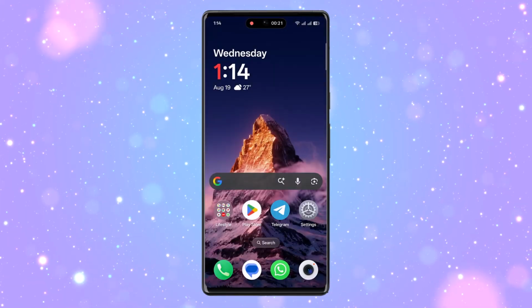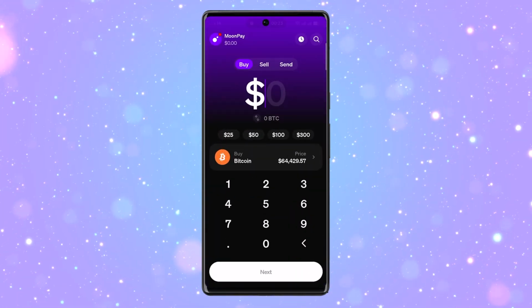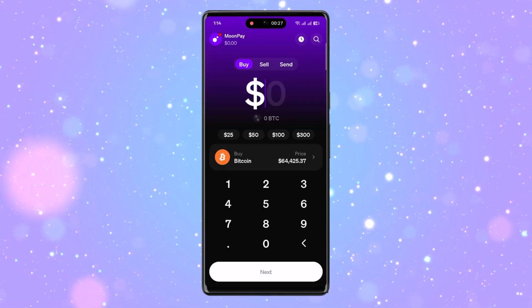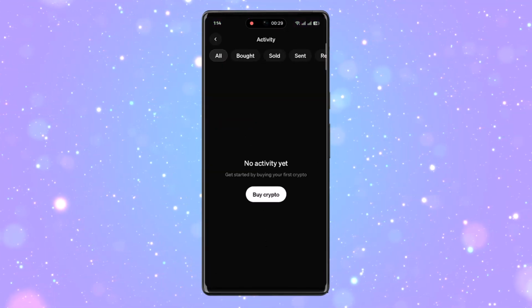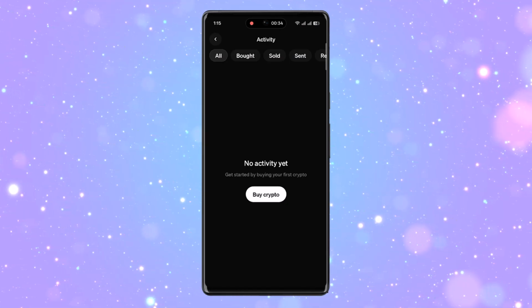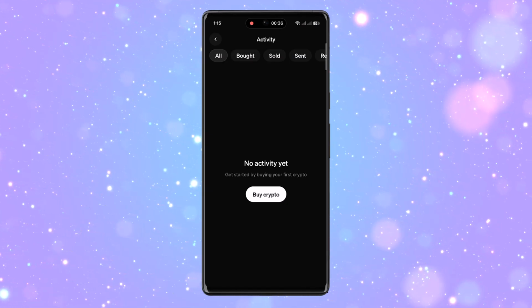The second thing we can try to do is to launch the MoonPay app and tap on the activity icon, which is located from the very top right hand side of the screen. Then you can select that specific transaction you need to view its unique transaction ID details, or alternatively you can